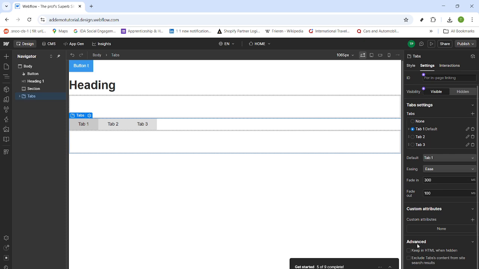That's it. You've opened your project, added tabs, set up smooth fades, and reviewed the key panels you'll use to style, configure, and animate your tabs. Keep your labels short, maintain strong color contrast for the active tab, and you'll have a clean, easy to